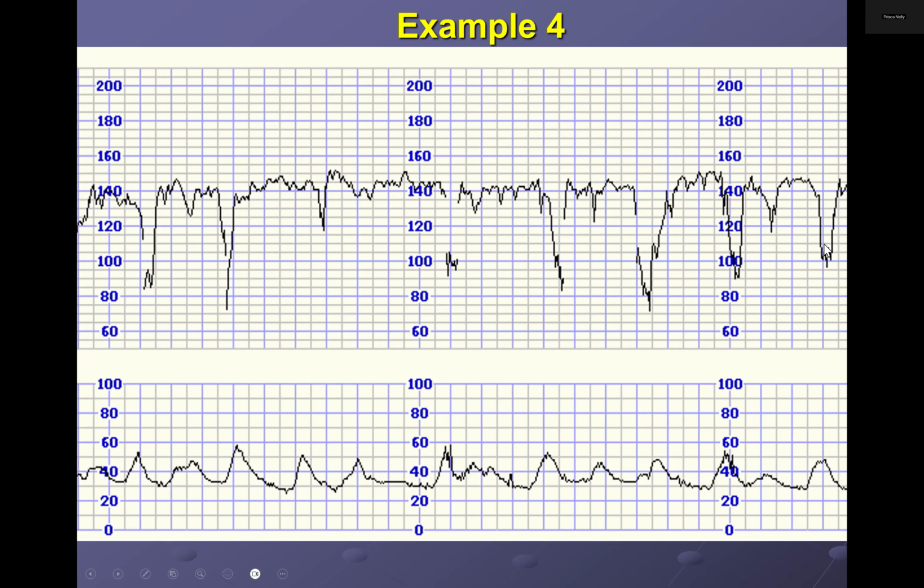So these are variable decelerations, which you have to monitor, because they are a bit deep and some of them have a late component. So your overall assessment, basically, this lady, you're going to keep her on labor ward,